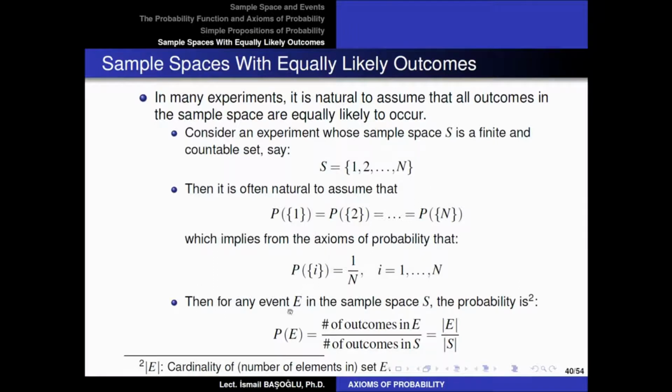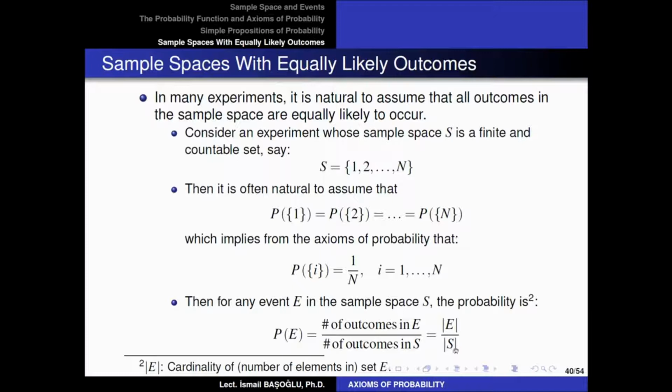If you are given an event in the form of any subset of the sample space, in that case, the probability of that event will be calculated as the number of outcomes we observe in the event E in that subset divided by the total number of outcomes in the sample space. Or in other words, the number of elements in subset E, in event E, divided by the number of outcomes in the whole sample space. Or in other words, we can say the cardinality of the event E is divided by the cardinality of the